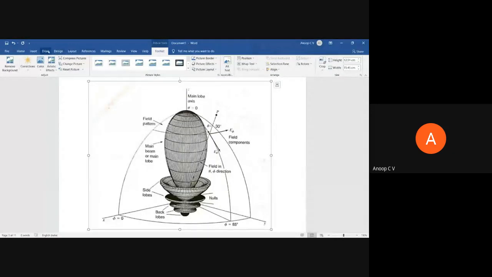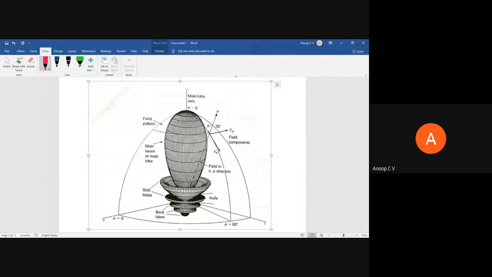So this is the positive z-axis. This is y and this is x. I'm keeping the antenna at origin. And then what I'm doing is, at a fictitious sphere of radius r, I'm measuring the received power or field intensity. For instance, along positive z at a distance r, for theta equal to 0, say this particular one gives maximum power. Then as theta and phi change, you can see the power is reducing. So this is a radiation pattern.